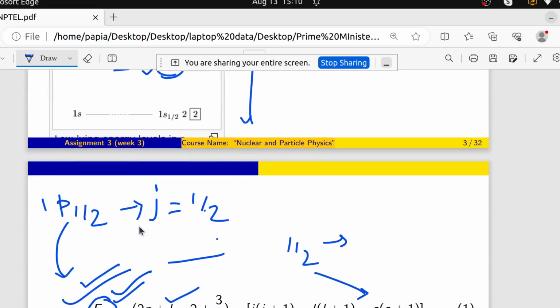We can find all the things with the help of this expression only. E_nlj equals (2n + l - 2 + 3/2) - j(j+1) - l(l+1) - s(s+1), and it should be in the unit of ħω, as we all know that the energy is in the unit of ħω. So this is the final expression for each and every state's energy eigenvalue. By putting all the values of n, l and j, we can find each and every state's energy value. So this was the question that was previously asked, and this is the answer for that.